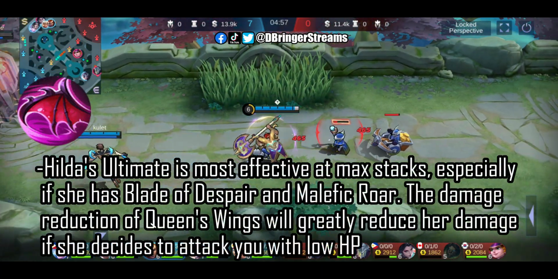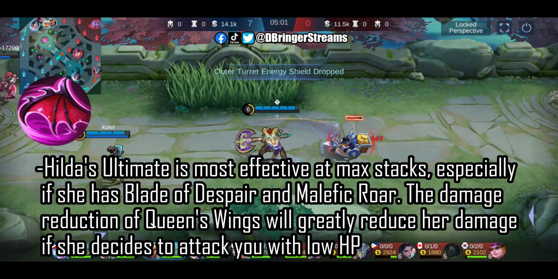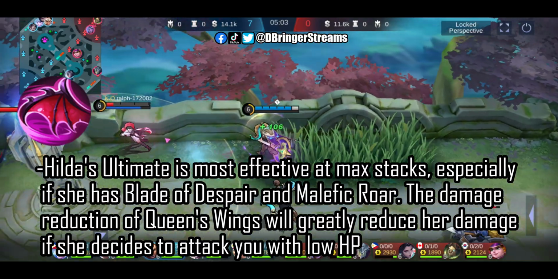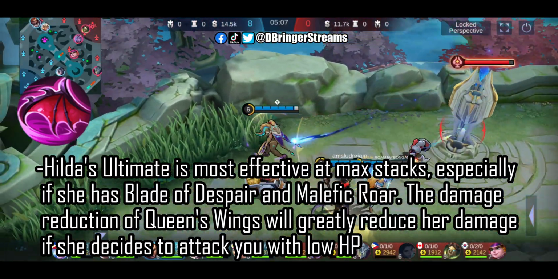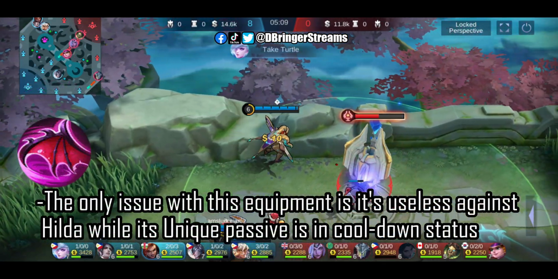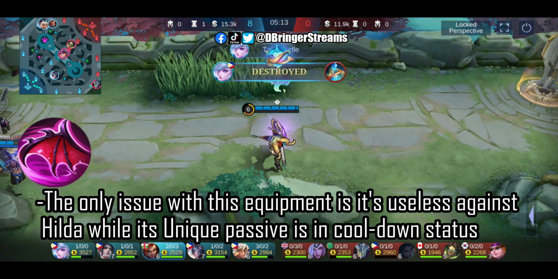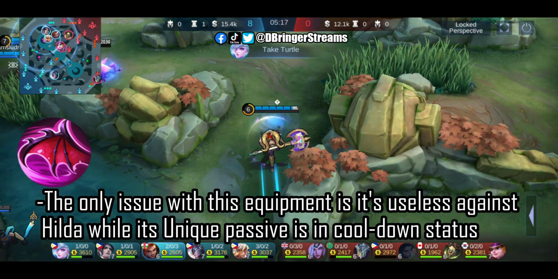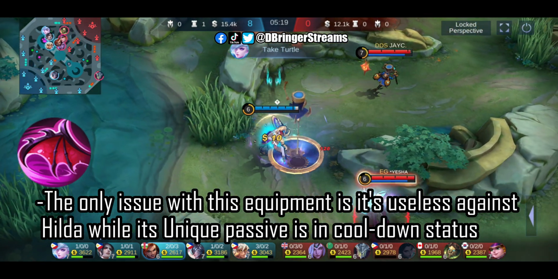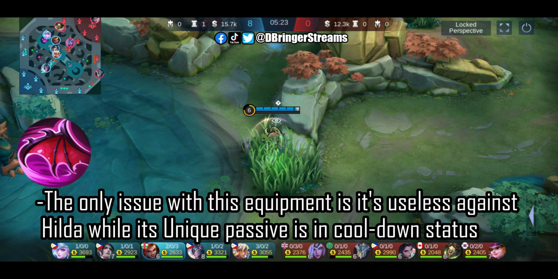Queen's Wings is also another good equipment to purchase against her. Be mindful of its cooldown though. The unique passive of Queen's Wings is greatly effective against Hilda's ultimate. The only problem with Queen's Wings is while its unique passive is in cooldown, it's pretty much useless. Not only does it have 0 physical defense, it also provides high bonus HP, which will in turn boost Hilda's